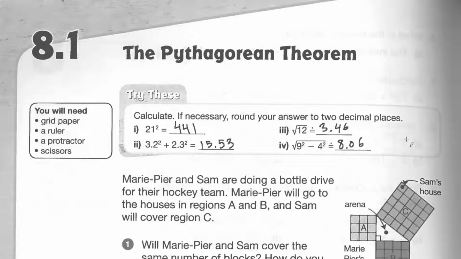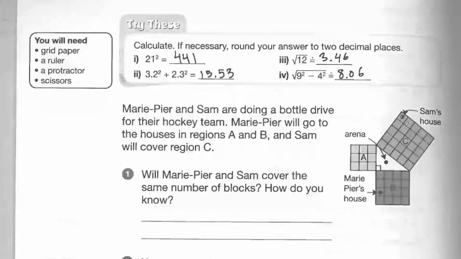Now let's get into the main thing, the Pythagorean Theorem. Marie-Pierre and Sam are doing a bottle drive for their hockey team. Marie-Pierre will go to the houses in regions A and B, and Sam will cover region C. Will Marie-Pierre and Sam cover the same number of blocks? How do you know? Well, assuming these lines all mean blocks, Marie-Pierre is going to cover 1, 2, 3, 4,